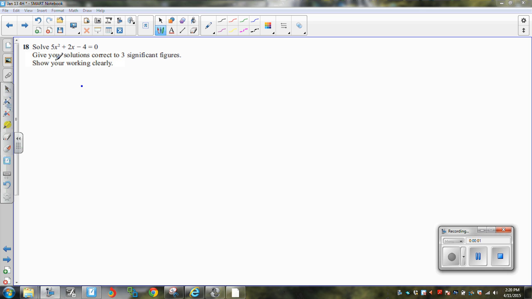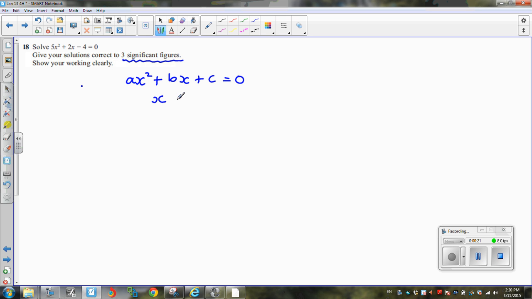In this question, we have a quadratic equation, but the question says solve the equation giving your solutions correct to three significant figures, which means that we must use the quadratic formula. Now that's given to us in the front of the exam paper, and it tells us if we have a quadratic equation of this form, ax squared plus bx plus c equals 0,